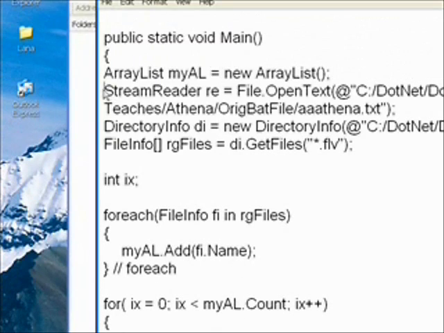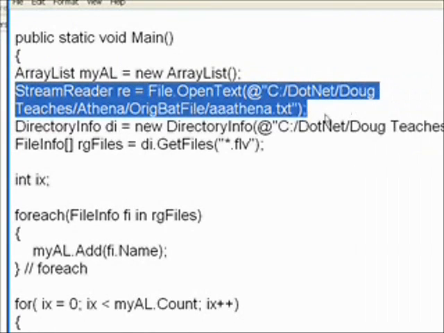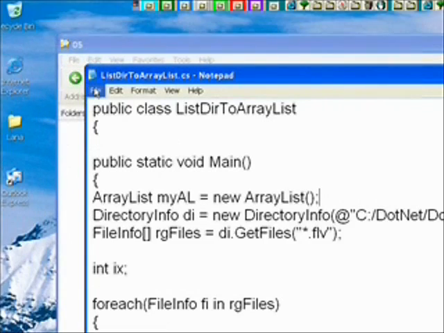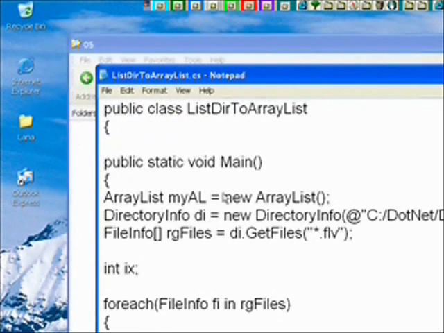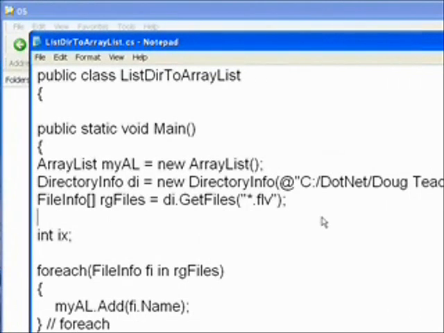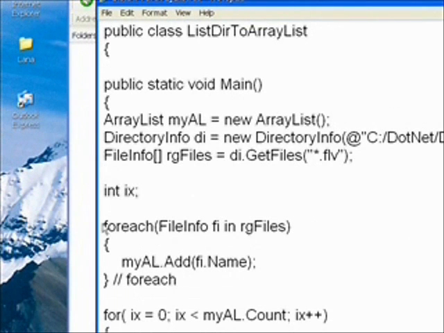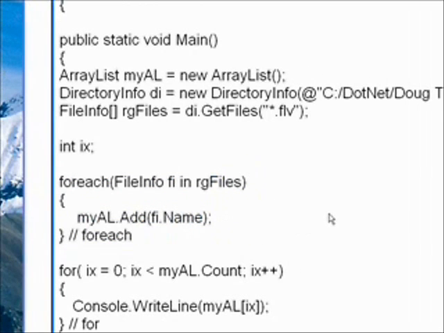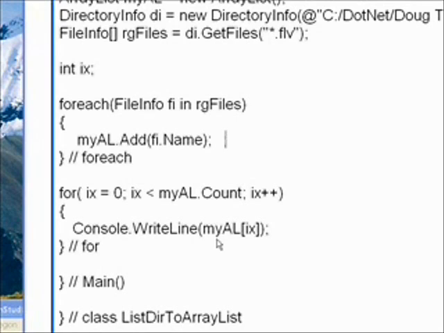We create the array list, then we do our directory info the way we did before. And once again we go through in a for each loop and we add all the names from the directory into the array list. But this time we print out the array list rather than printing out the file names directly in the loop. So the for each loop now just adds to the array list, and then we have a for loop that